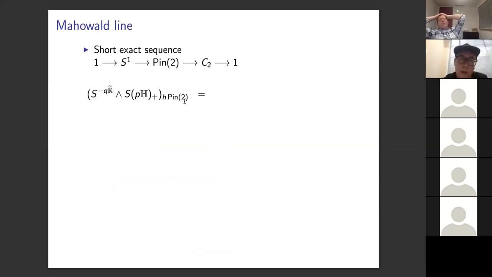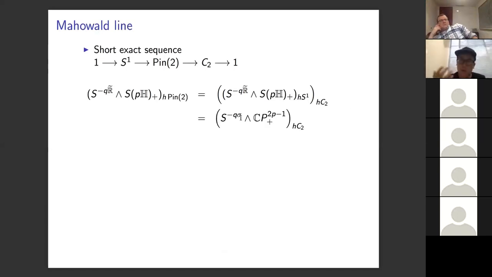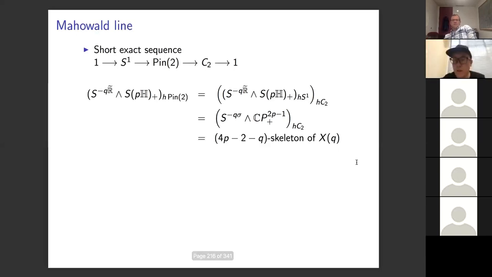When we mod out by Pin2, we can mod out first by S1, then mod out by C2. So this R tilde comes from the sign representation. After we mod out by S1, that's just the sign representation for the C2 case. And after we mod out by S1, that corresponds to some skeleton of CP infinity. Then this residual C2 action on the CP level, by our definition of the Thom spectrum, corresponds to exactly